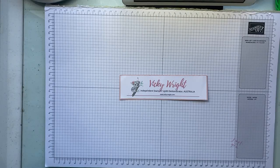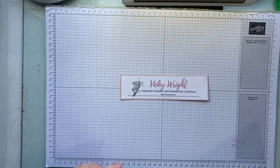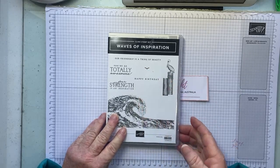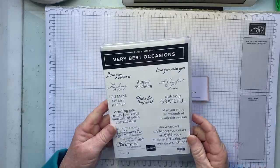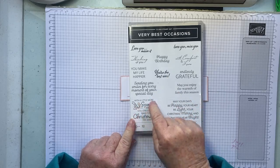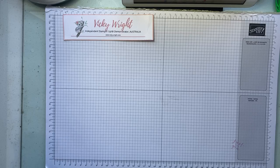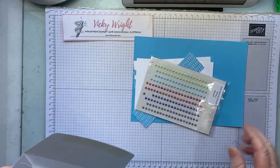Now, I tend to create very non-traditional Christmas cards, and today is one of those. So we're going to be playing with this image here from Waves of Inspiration. And of course I don't have many Christmas sets. We're sort of going to play for the moment, and we're going to use Very Best Occasions and this sentiment here. And we're also going to use the 2022-2024 In Color of,